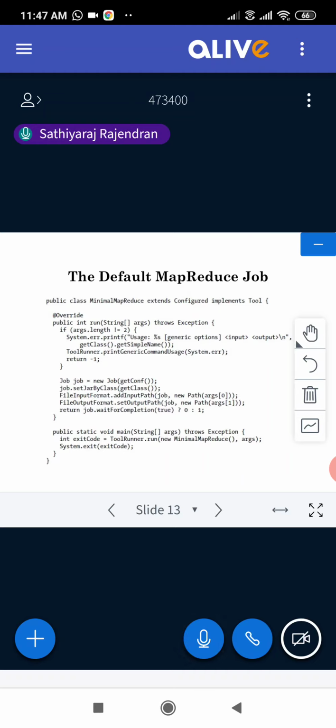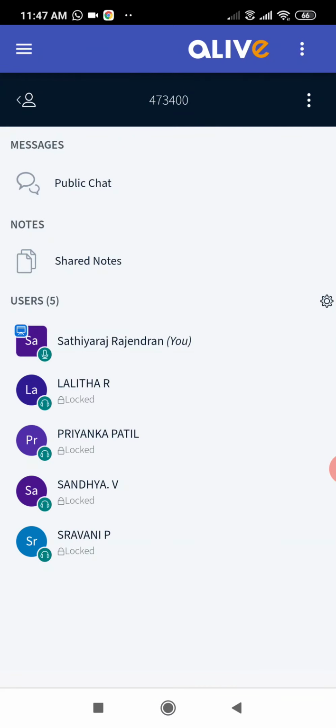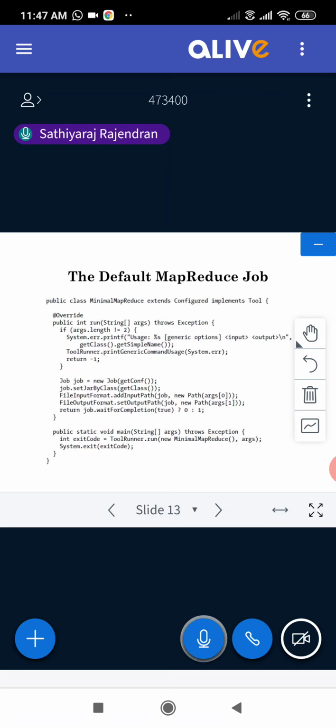The other thing you can do, to make this simple, is use the input format class, second the mapper class, the combiner class, and the reducer class. You can also set the partitioner class, so thereby your result will be given in a proper manner. And you can reduce this code further into fewer steps: first job dot set mapper class, job dot set partitioner class, job dot set number of reducer tasks, and job dot set output format class. Only with these four you can complete the entire task.